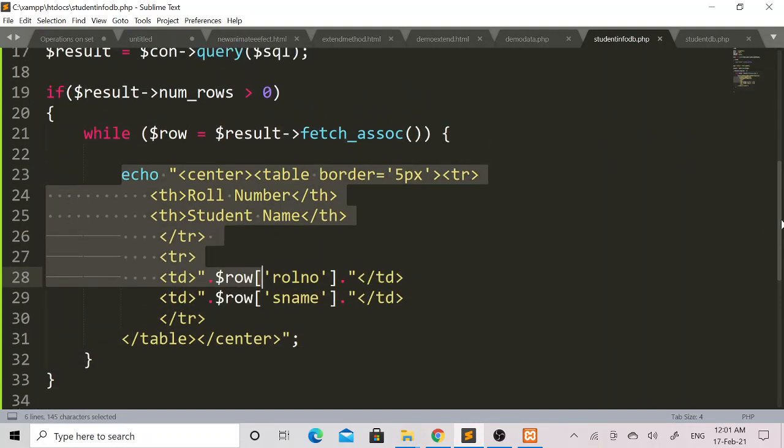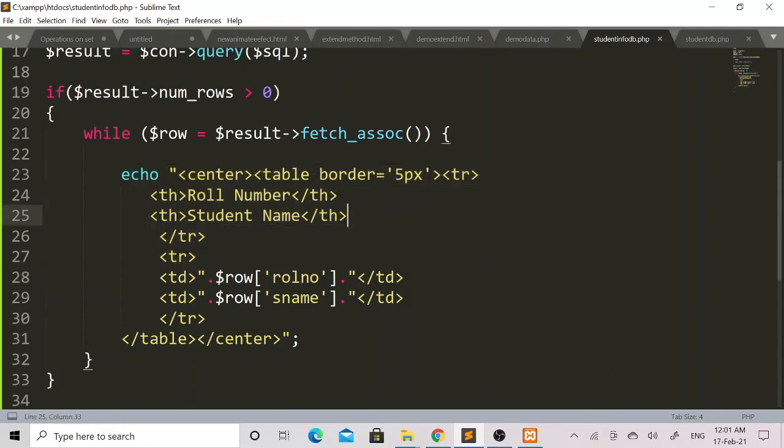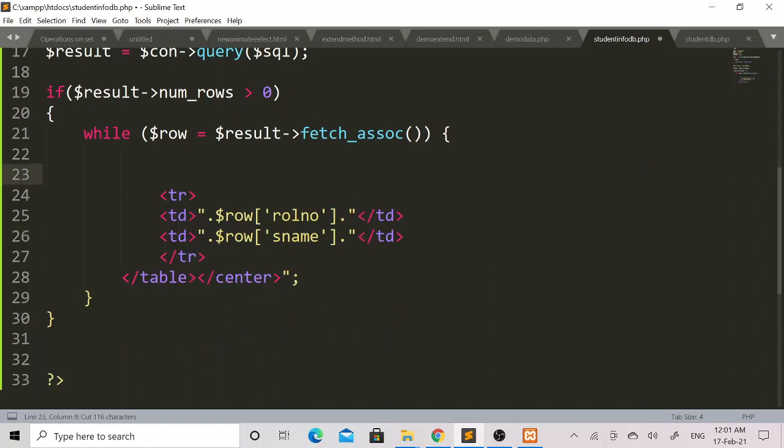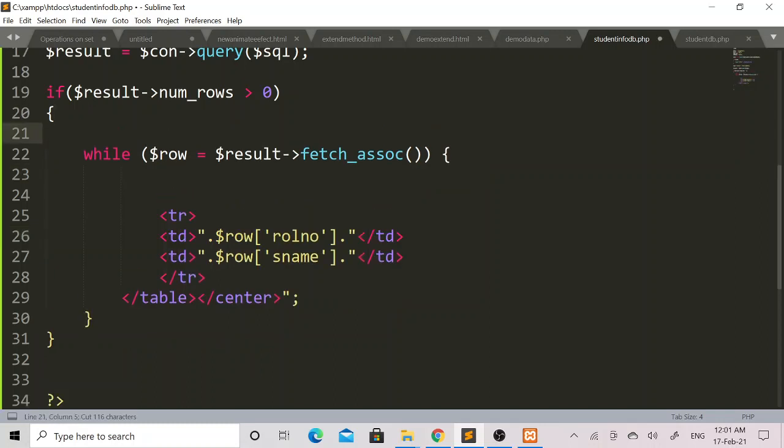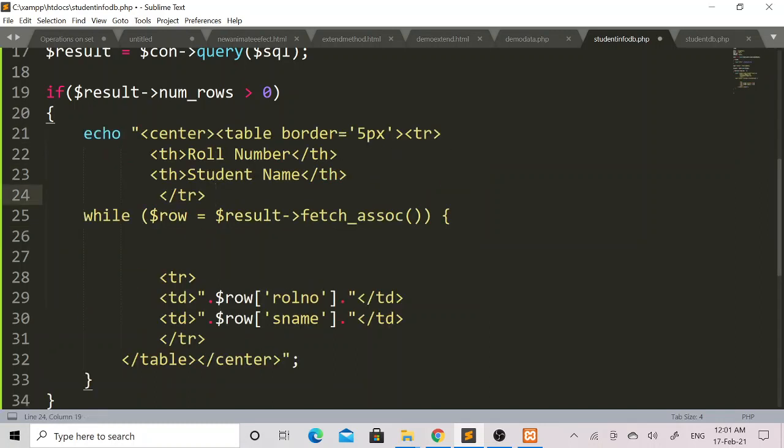Due to this looping, each and every time a new table is created. To avoid that, I will remove this line of code within this while loop, and I will add this code before the while loop.